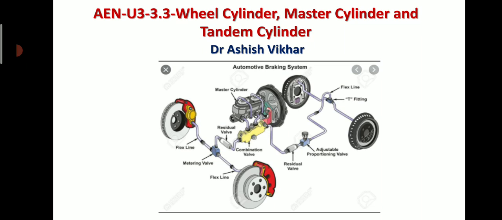In this picture, you will see the braking system. At the center, you will see the location of the master cylinder. This master cylinder is connected with the 4 brakes, out of which two are the disc brakes at the front and the other 2 are the drum brakes at the back or rear wheels.